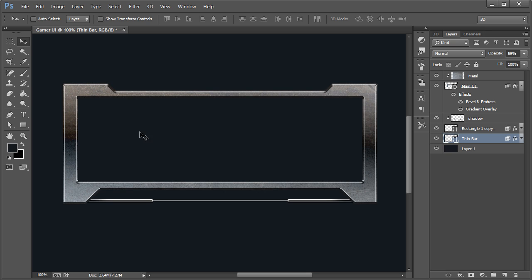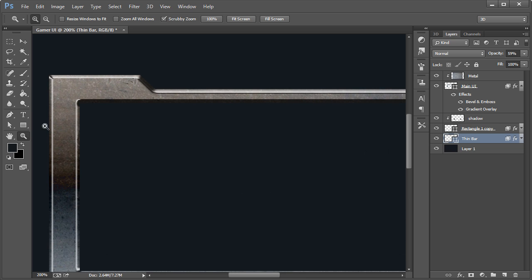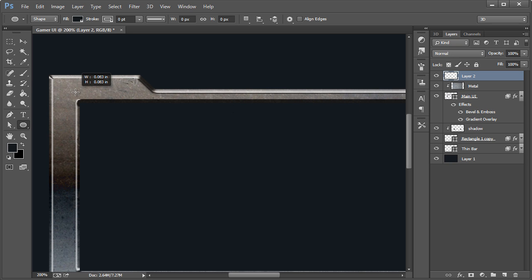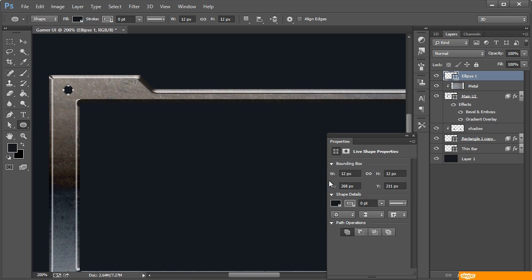What else do I want to do? We're going to create maybe 2 or 3 little circular light bulb LED things over here. Why? I don't know. Just to fill it out. All right, so let me come to the top here, create a new layer, hold Shift,